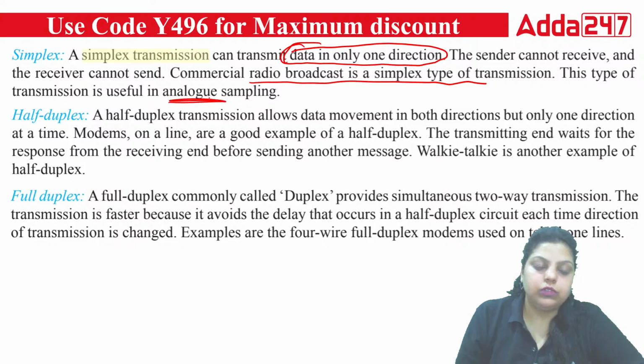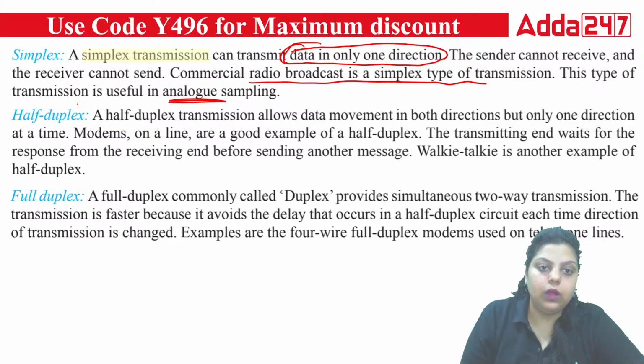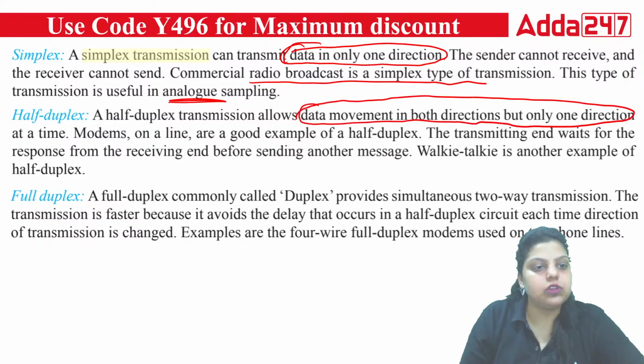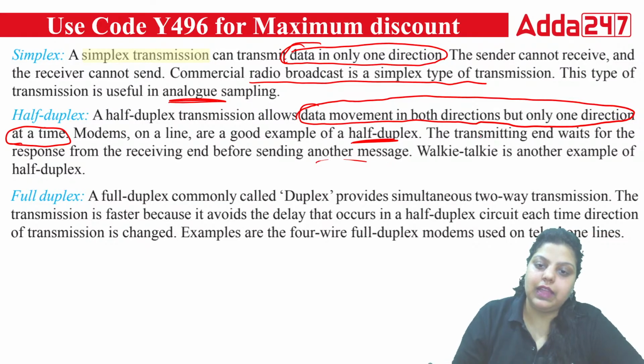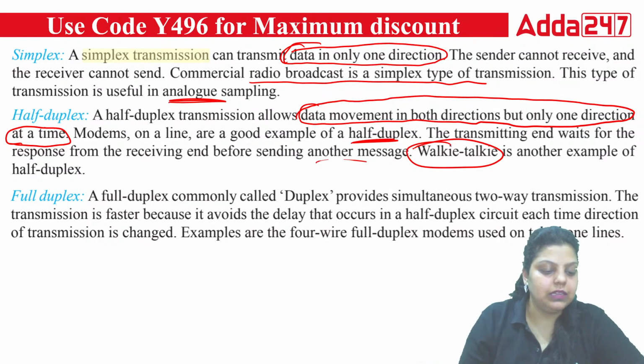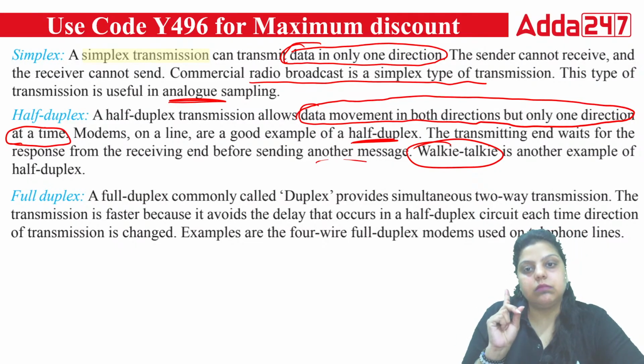Also you can see half duplex. What is half duplex? In which data movement in both directions is happening. Your data movement will be done in both directions but only in one direction at a time. Modems on a line are a good example of half duplex. The transmitting end waits for the response from the receiving end before sending another message, like a walkie-talkie. In both directions the communication can be made, but at a time only one person can